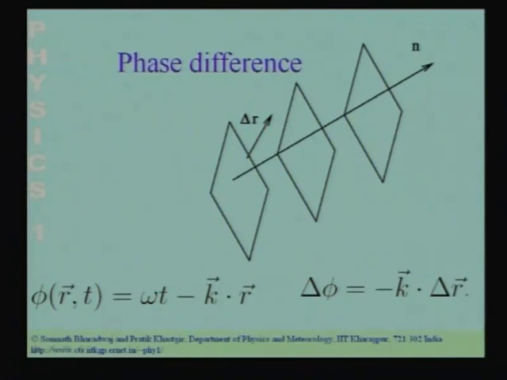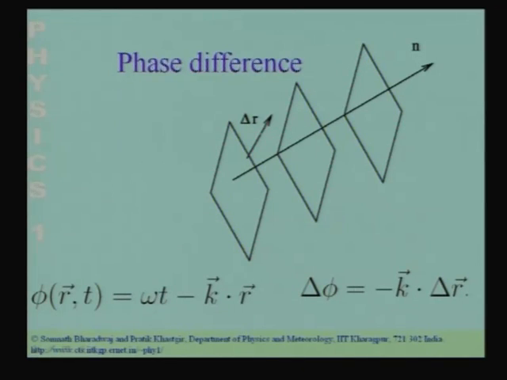So, this is what is shown over here. These planes are perpendicular to the direction n, and these are the wave fronts. If you move from here to here, the phase does not change, and these are the wave fronts. As time evolves, these wave fronts will propagate forward. The whole set of wave fronts will propagate forward.